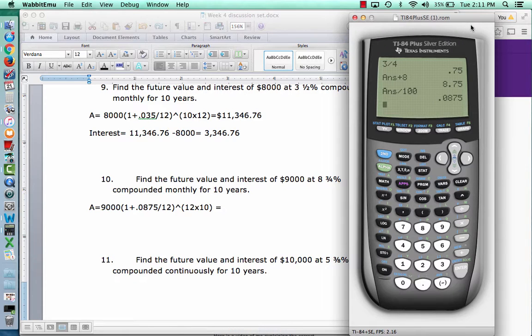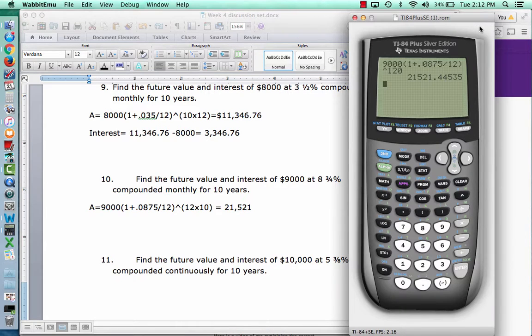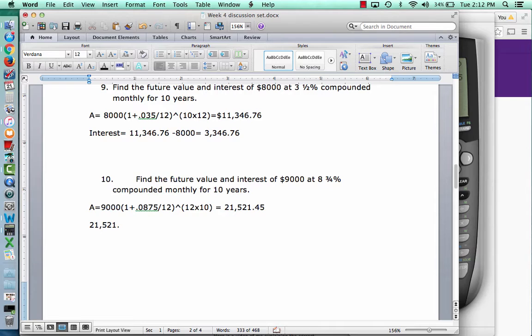So then I'll type this in. So 9,000 times 1 plus 0.0875 divided by 12 to the 120th power gives us a future value of 21,521 and 45 cents. Okay, 45 cents. So then the interest is just the difference. So 21,521 and 45 cents minus 9,000 equals, let's see here,